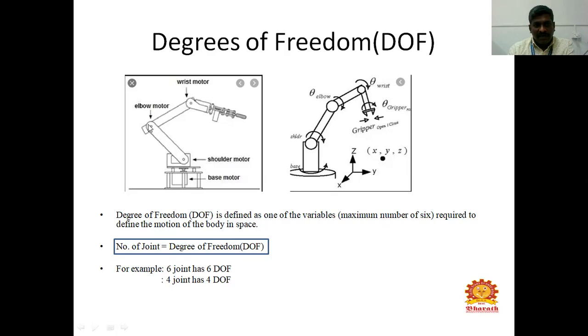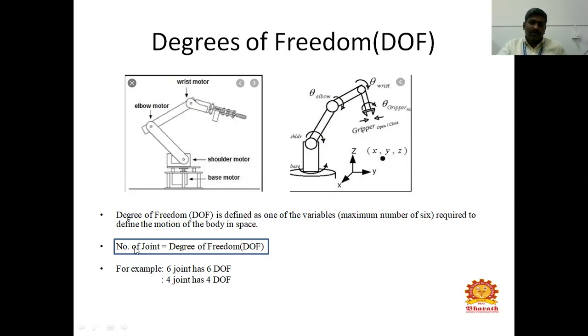Look at this. Here one joint is there, here one joint is there. If it is a rotating robot, it rotates in this plane. After that, it is connected to the other part, which rotates in another plane. Here another joint rotates here. Like that, it gives some motion to the body in this space.